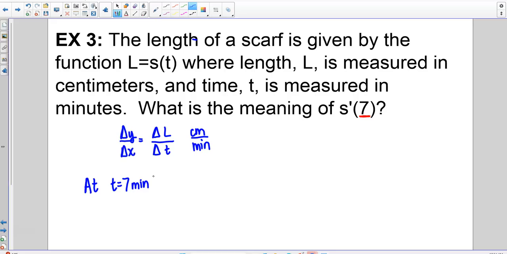What you want to avoid right here, don't say things like over the first 7 minutes or during the first 7 minutes, because that doesn't mean at 7. That's talking about all the way from 0 to 7, right? We're just talking about at 7, at that moment in time. This is our instantaneous rate of change. So at t equals 7 minutes, we're talking about the length of the scarf, right? So the length